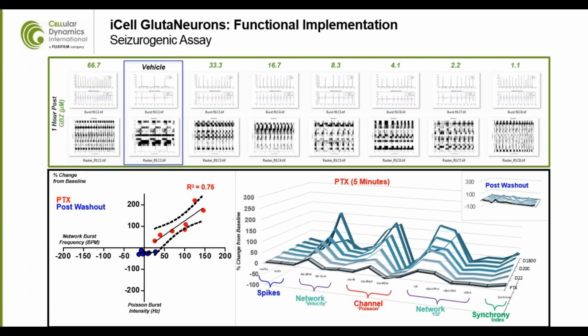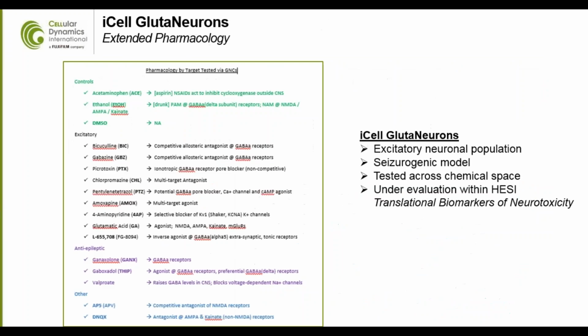Okay, so I'd just like to pull the camera back a little bit and look at the big picture, and well, actually not quite yet. We'll have this slide first, a summary slide. We've shown you a couple of examples of chemicals, and what we see here is that these aren't just isolated incidents. At CDI, we've looked across a fairly wide variety of compounds, whether they're control compounds, excitatory compounds, compounds